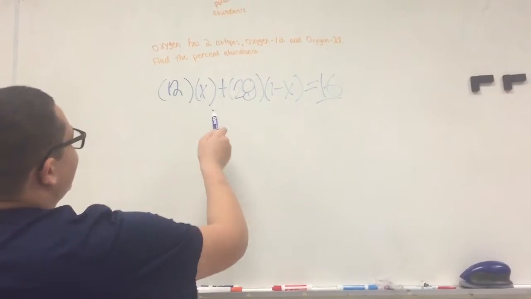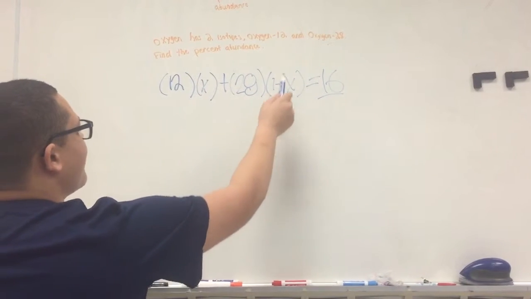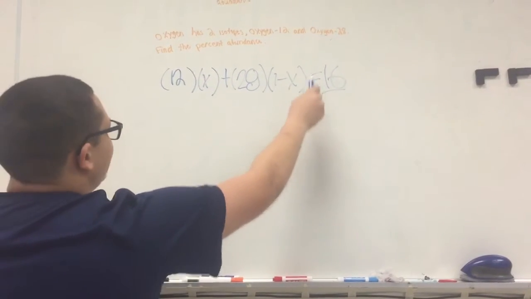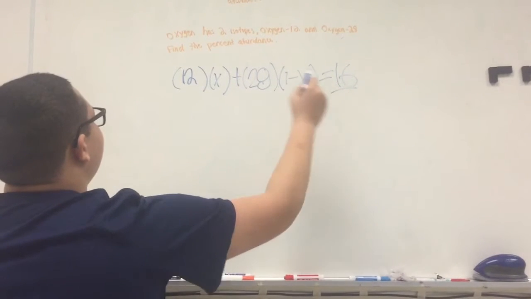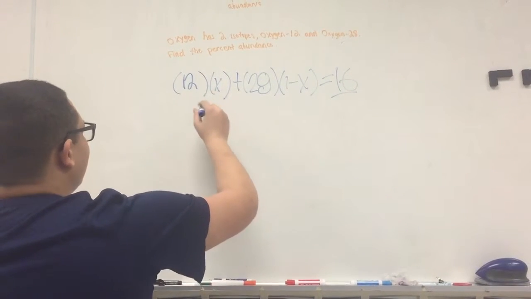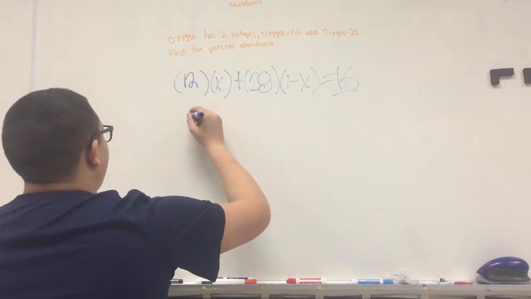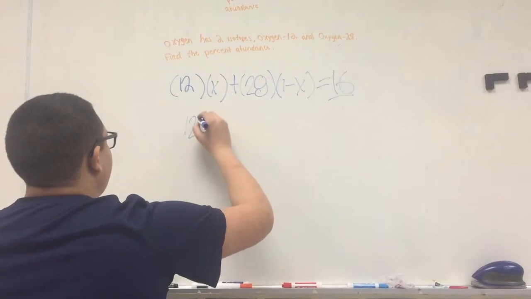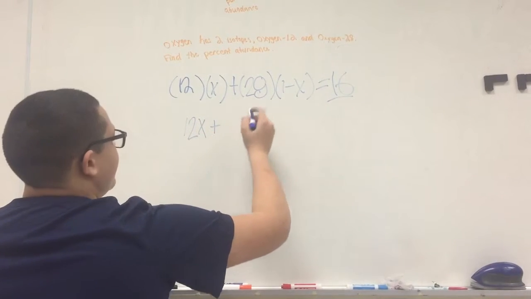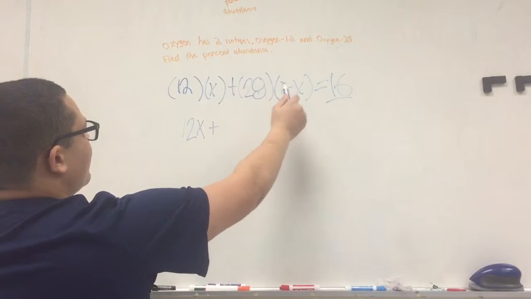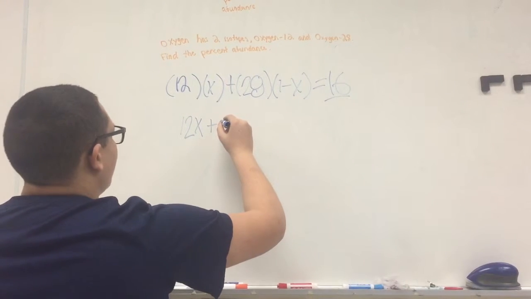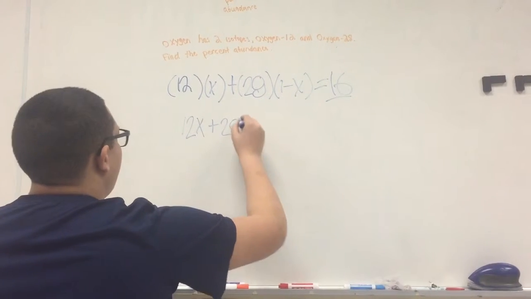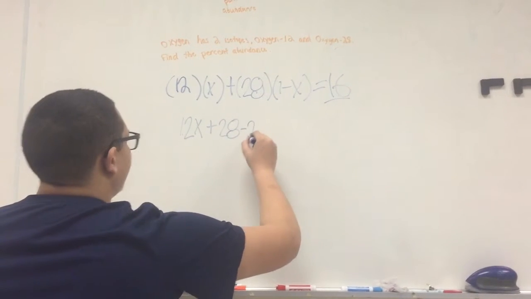You have 12x plus 28 in parentheses, 1 minus x, in parentheses, equals 16. So you distribute the 12 to the x. So it's 12x plus, and you distribute the 28 with the 1 minus x. So it's plus 28 minus 28x,